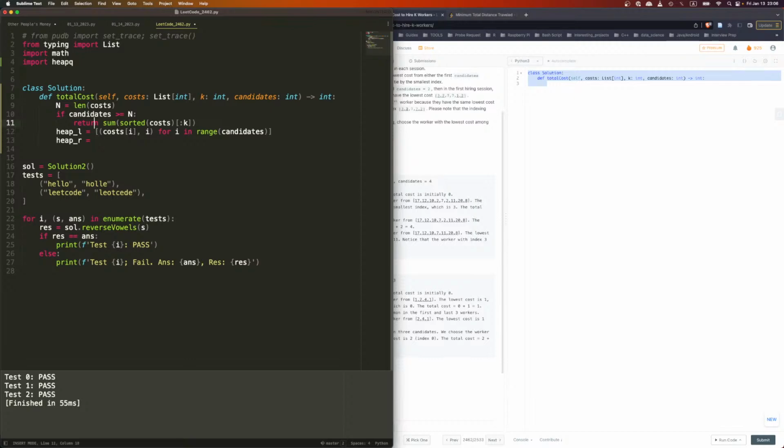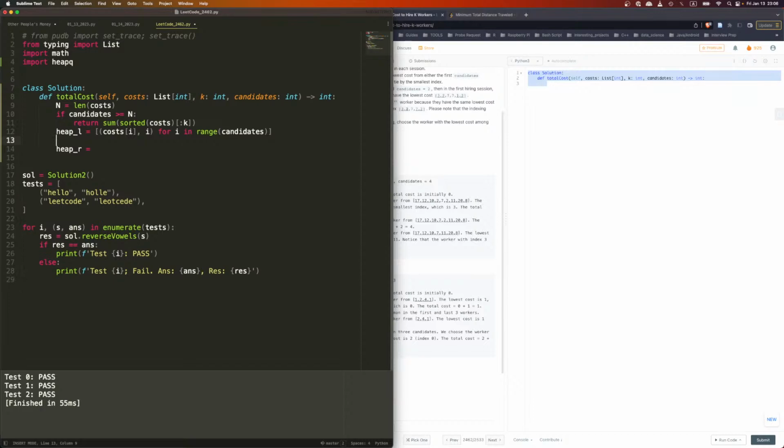Heap left, and I'm gonna say L also equal to candidates minus 1. That's L. And right shall be the same thing, costs I, I'll say cost J,